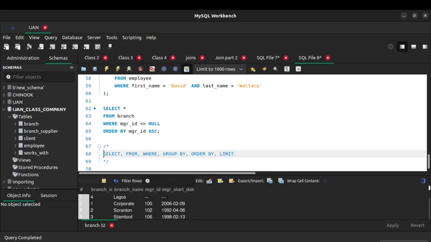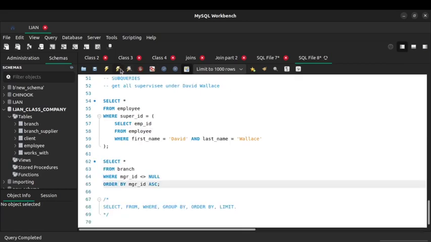So yes, this is the order in which they are arranged, or they ought to be arranged. Having this arrangement now, you know that you can't have order by on top of where. This has to be the syntax, so that was why I had to do that. So this part of saying where manager ID is not equals to null, because I don't want this here. So if I run this again,